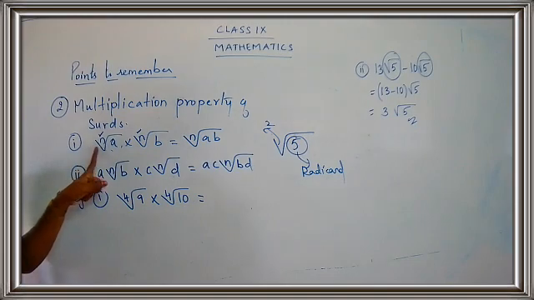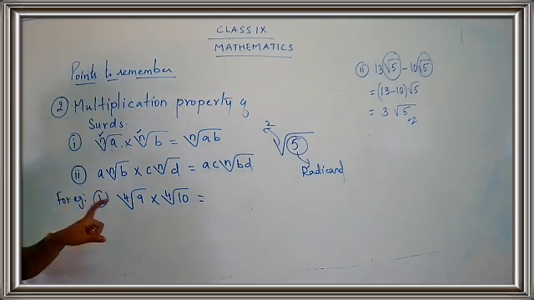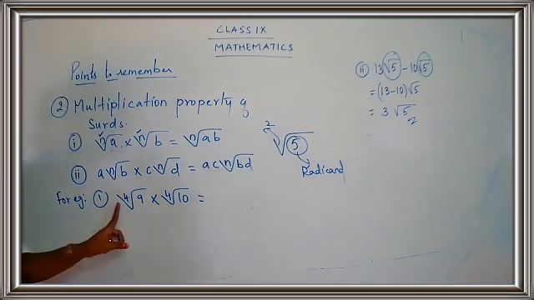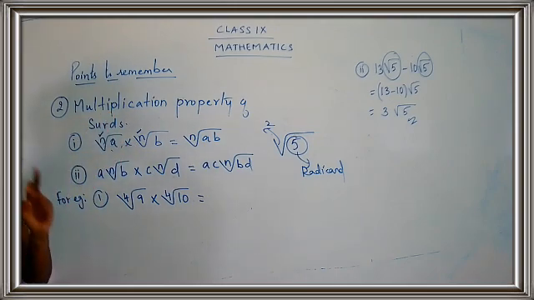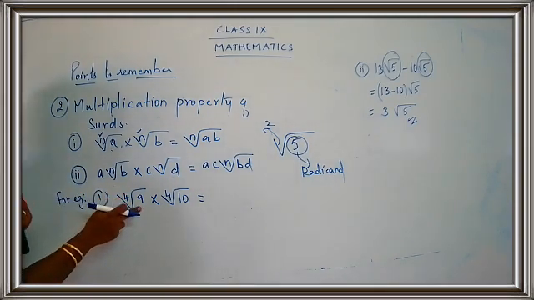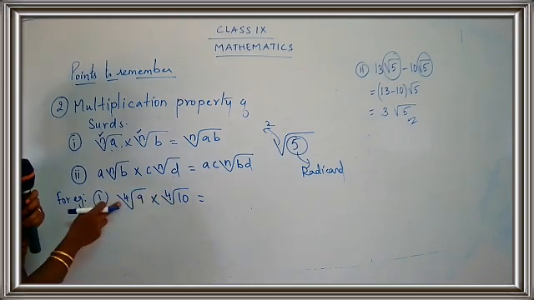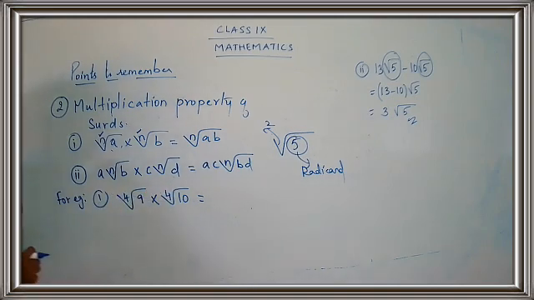So remember, you have to focus on the root part. What is the root here? N is the root. And what is the root here? N is the root. That means you should have the same root. If you have the same root, then only you can go for the multiplication. Otherwise, multiplication is not possible directly. I'm just saying, it is not possible directly. Just think, you can just change it and you can multiply. But directly, you cannot multiply. So what is the number here? 4th root 9 into 4th root of 10. How to read this, children? 4th root of 9 into 4th root of 10. So what is n here? N is 4. What is n here? 4. Yes. So I have the same n.